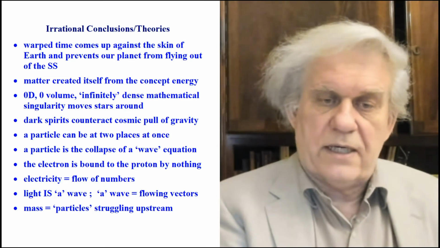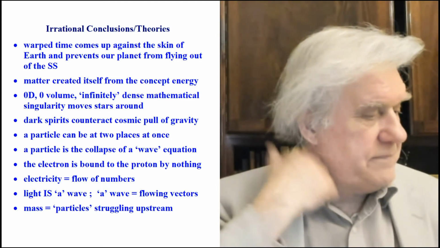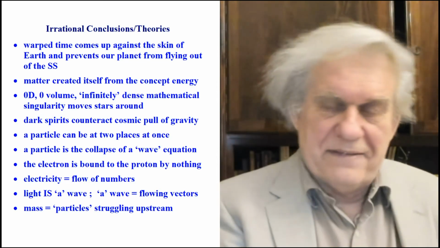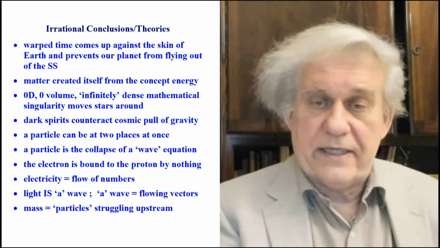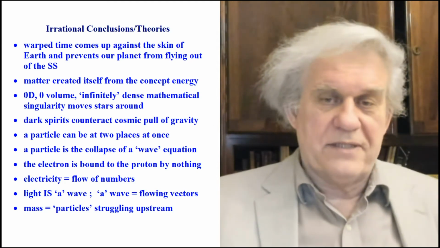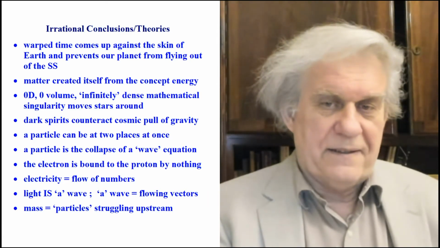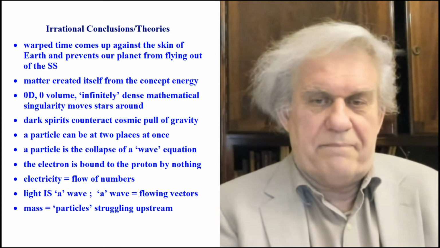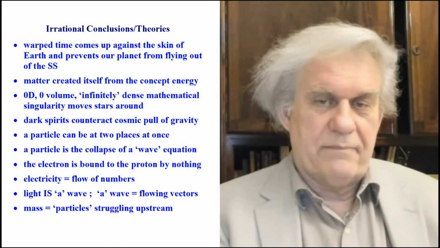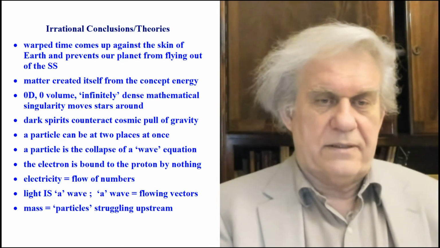Okay, mass, a bunch of particles struggling upstream. That's what Mr. What's his name? I forget his name. Sorry, it escapes my mind. The Higgs flow. It's the Higgs ocean, really, ocean of particles, and particles flow against this ocean that Mr. Higgs proposes out there. Okay, so this is their explanation. They're saying that mass, which is a concept, is the flow of particles against this river, against the current of the river, and some have more resistance than others, and that resistance is known as mass. Does any of that make sense? Because that's their physical interpretations.